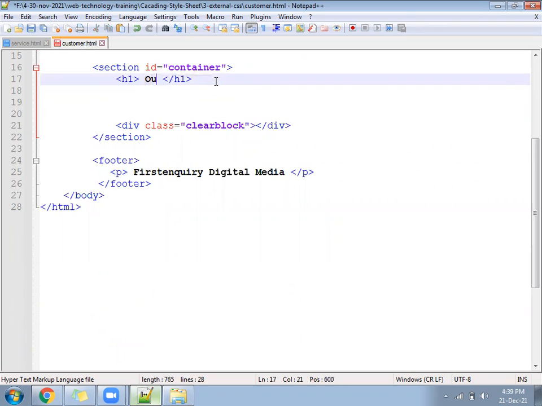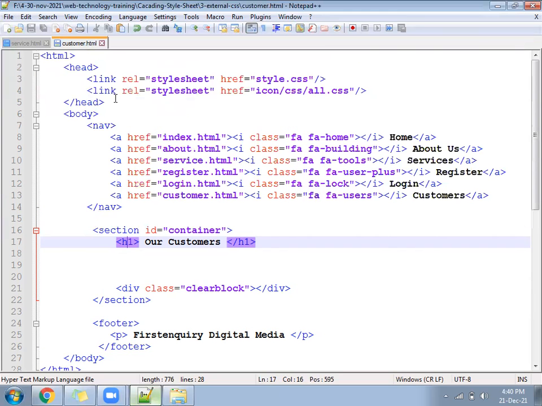Our customer file we created is a copy of the previous file we created, called customer.